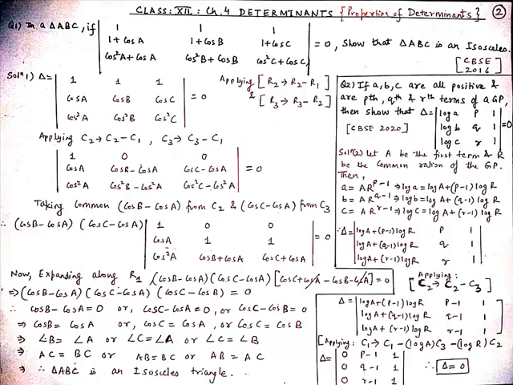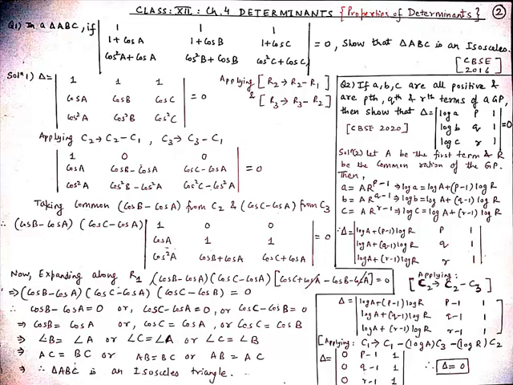And then in third, where angle C is equal to angle B, so side opposite to angle C is equal to AB, and side opposite to angle B is equal to AC. So AB is equal to AC. Now from here we can clearly see that two sides are equal. So therefore triangle ABC is an isosceles triangle.